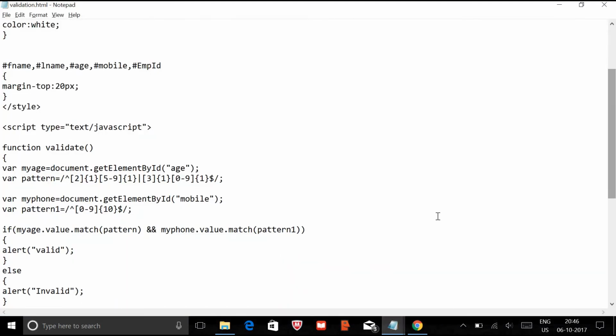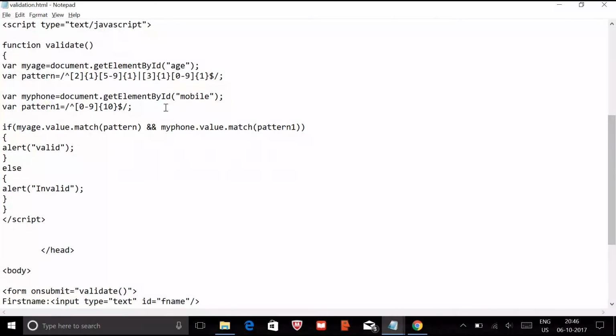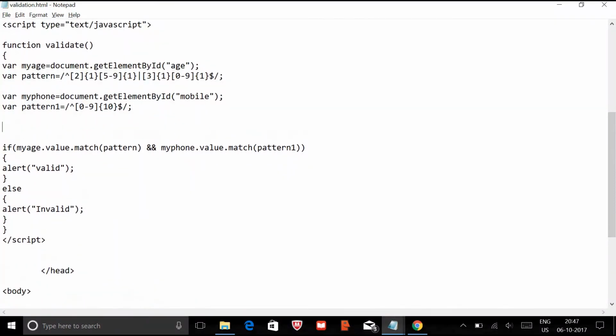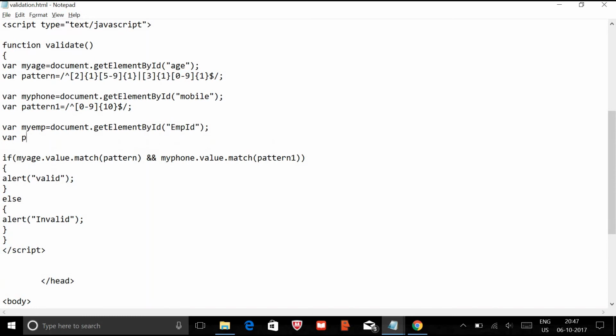Now let's try for employee id. So here I will have an alphanumeric employee id. So var myemp equals document.getElementById, the id is empid. And var pattern2 equal to